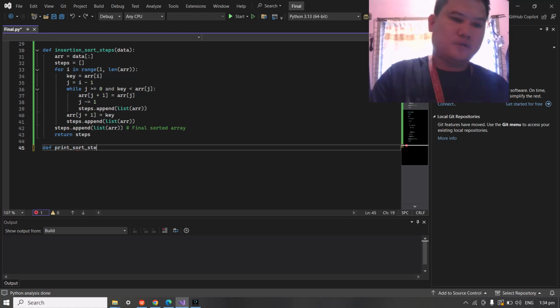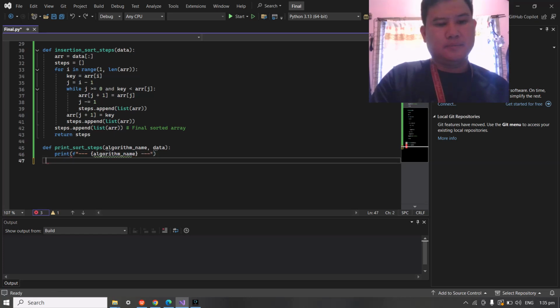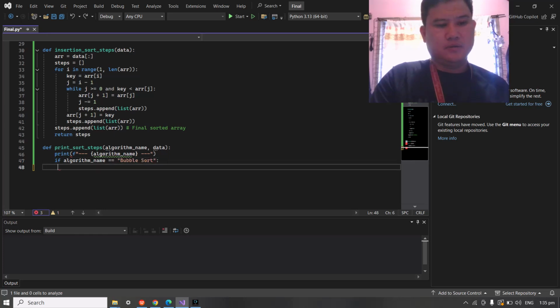So last is the different sorting steps, algorithm name, data. Print algorithm name and the algorithm requires problem sort text, text data.